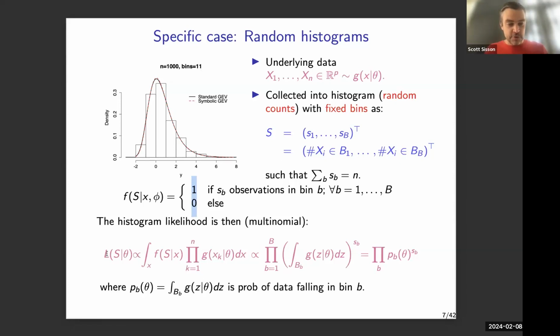So if we construct our symbolic likelihood function, sorry for the highlighting, I hope you can see my mouse, the product over the g densities is our classical data likelihood. We're going to have a 0, 1 indicator here for our function f. And if you math that through a little bit, what you end up with is something in this form here. Basically, for each of these integrals, we're integrating over a bin and finding the density of our model in this bin.